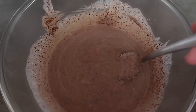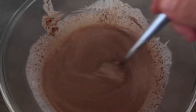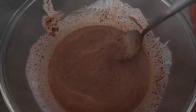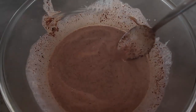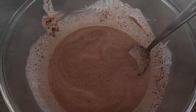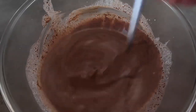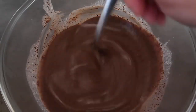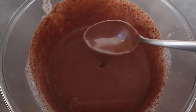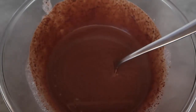Now you could of course also add in stevia, sugar, maple syrup, honey, any sweetness you like if you want to sweeten it. I quite like the dark chocolate and the sweetness that it comes with, so I'm leaving it at that, but it's up to you if you want it sweeter, or if you want a more intense orange flavor, you could always add a bit of orange extract too. There you go, I've got a beautiful smooth pool of chocolate,